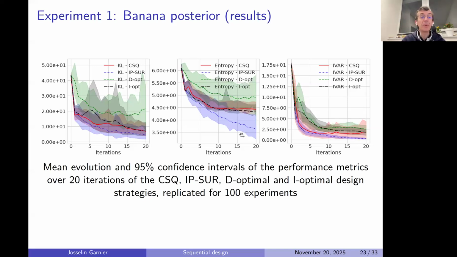But it's also very efficient for all the other metrics. Here you can see that, for instance, D-optimal does very poorly, but I would say that's normal because it's not focused on the inverse problem. It's a criterion that reduces the uncertainty everywhere. The other ones are reasonable, but